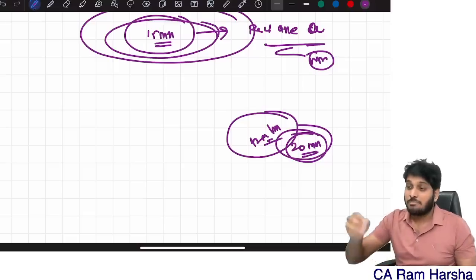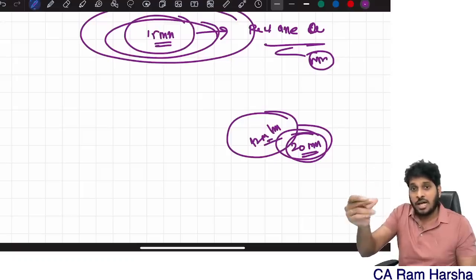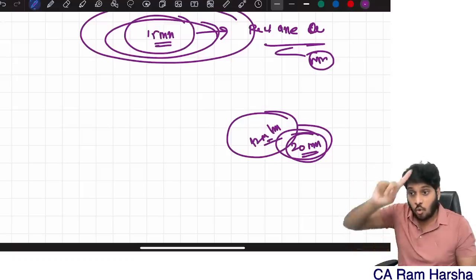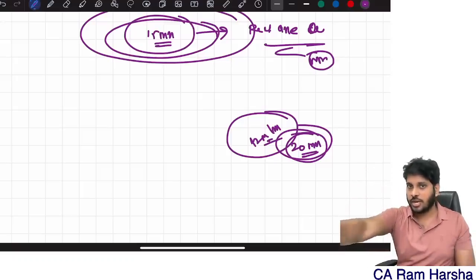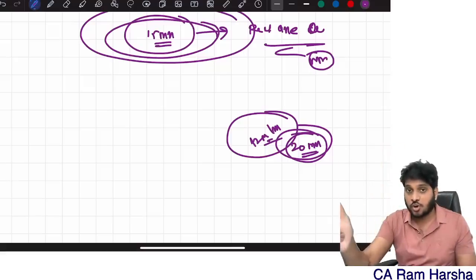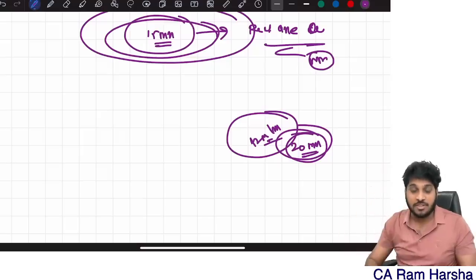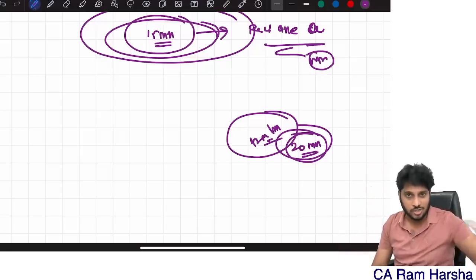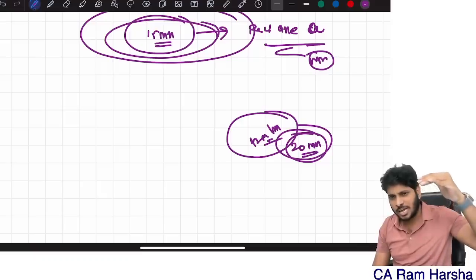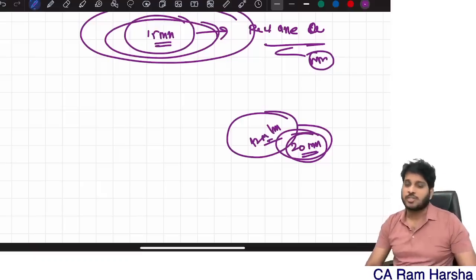Exactly. So briefly identify one big question. Briefly read, then you understand this is something you can solve. That only you read thoroughly. Develop the entire answer within the first 15 minutes reading time. The moment it is 2 o'clock, start writing the entire answer which you developed in your mind. Within the first half an hour, you will finish the entire question. This will help you really. That's it. So these are the two issues which I want to focus on.